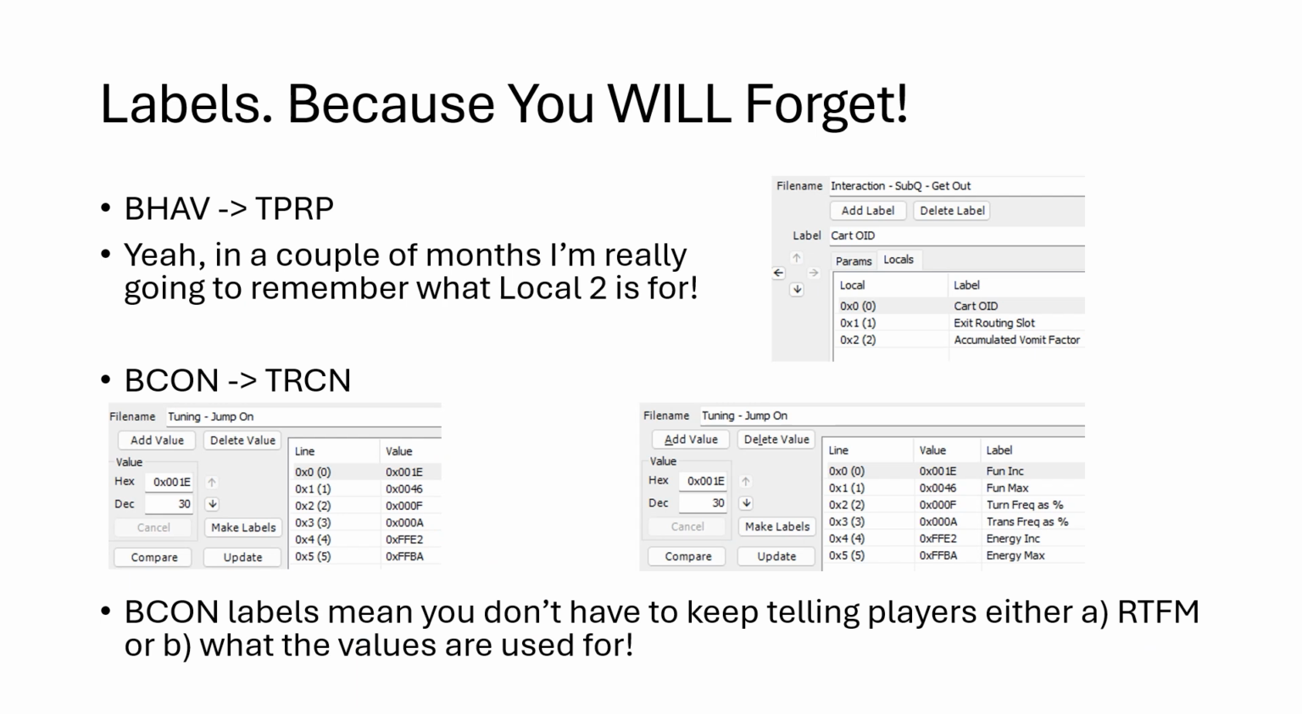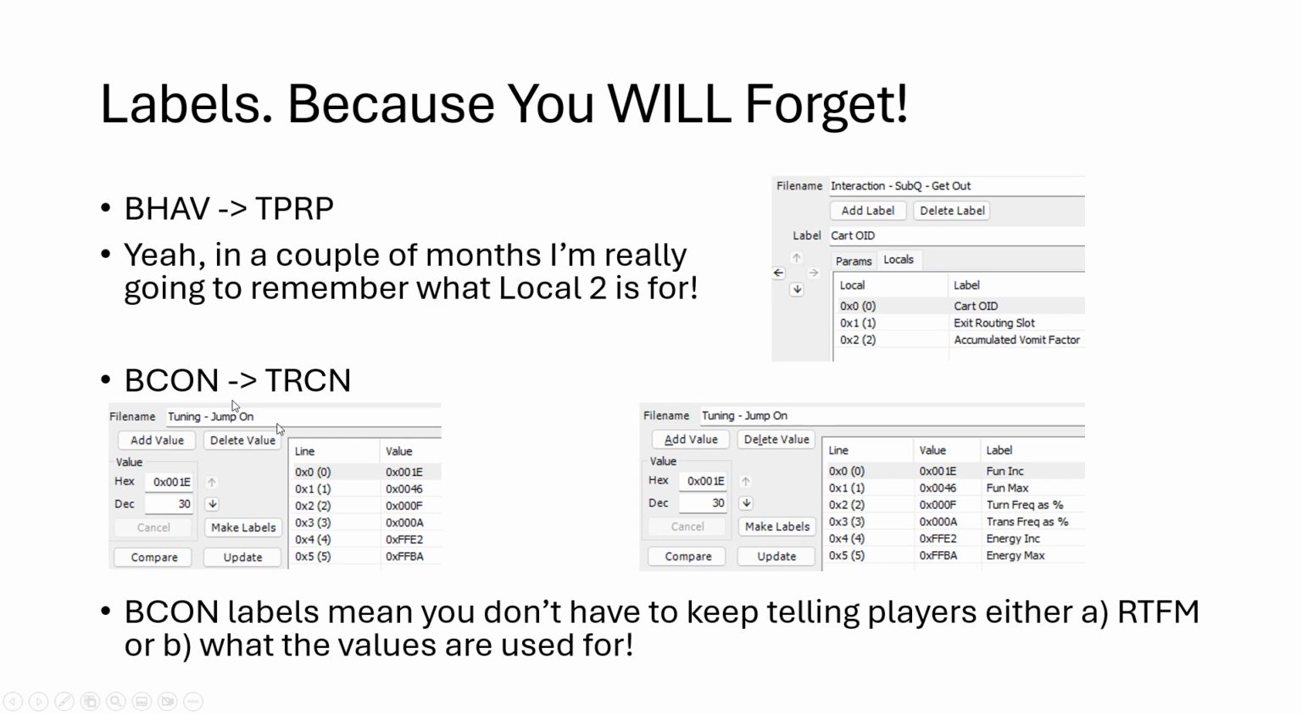And labels, because you will forget. This is a set of labels that I've got for one of my actual BHAVs. They are in the TPRP. I have no idea what it stands for. And yeah, in a couple of months, I'm really going to remember that parameter 2 is the accumulated vomit factor. By the way, these are from my roller coaster. And again,